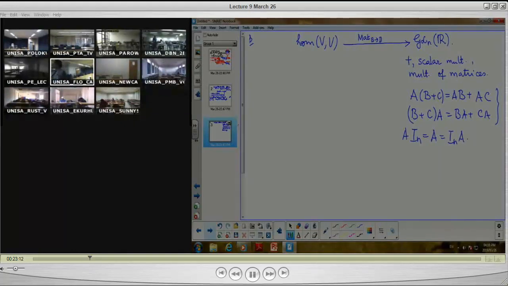And as expected, on this side also we have the addition of homomorphisms and the scalar multiplication, as we have seen, which makes it a vector space and so on. But we have another kind of multiplication, which is composition, since everything is from V to V. F and G are linear transformations, so F composed with G ought to be also a linear transformation from V to V. Yeah? And this composite distributes over